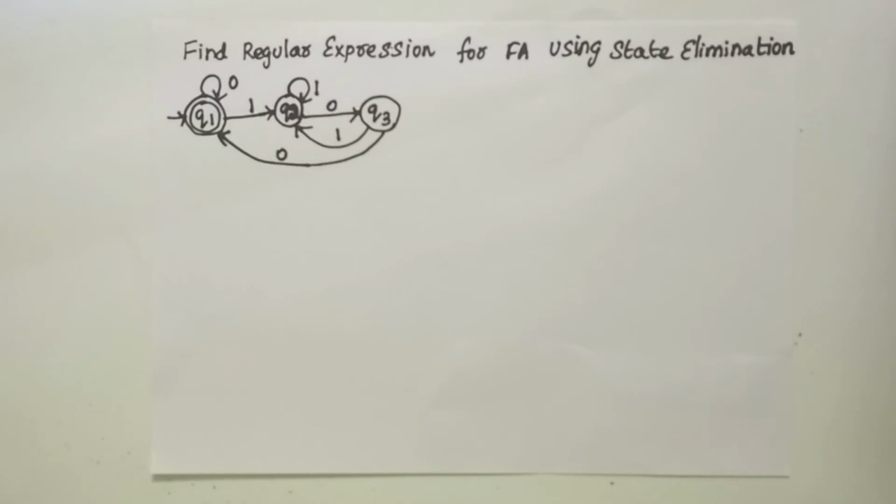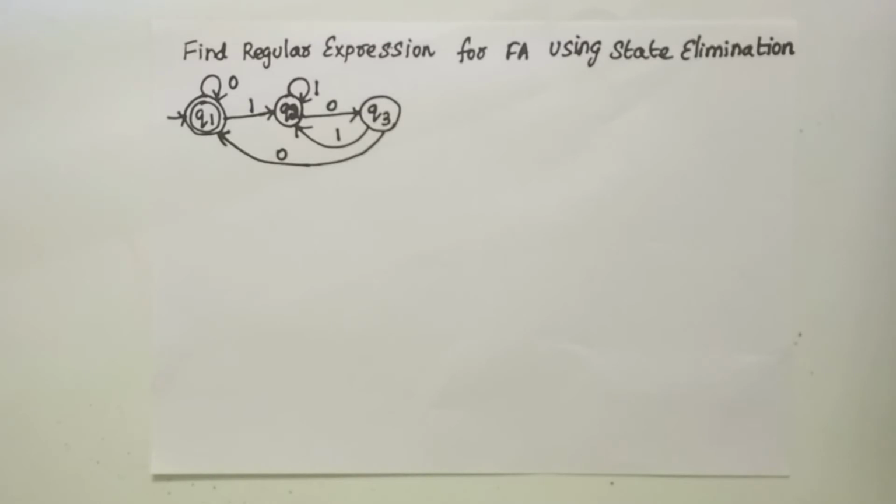Here initial and final states are the same. So Q1 is initial and Q1 is final. So we have two intermediate states Q2 and Q3. You are supposed to eliminate both the state Q2 as well as Q3, and you can eliminate these states in any order. You can either eliminate the state Q3 first or Q2 first. Any state you can eliminate. Now let me take a choice to eliminate the state Q2. The state which is going to be eliminated first has to be drawn in the bottom of the transition diagram in order to apply rule number 1.